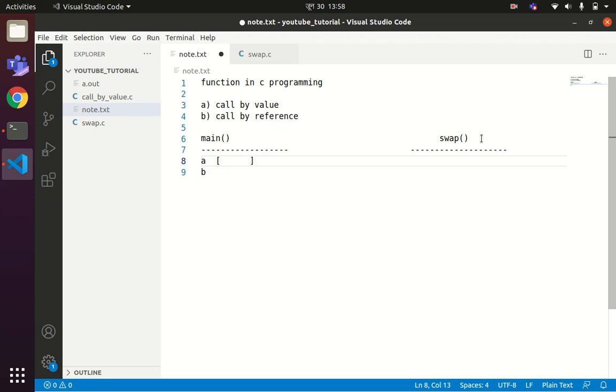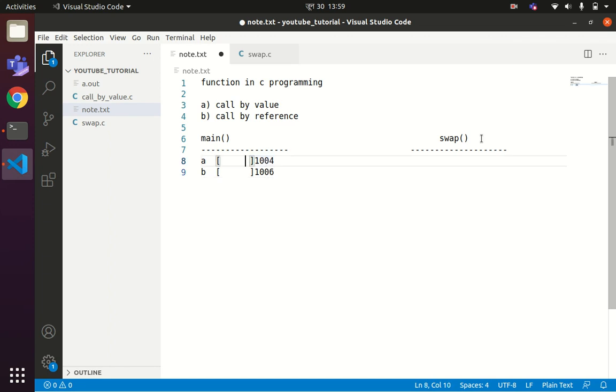Now we know that each allocated memory will have some address associated with it. Let us say the address of a is 1004, and another variable we have is b, and the address associated with variable b is suppose 1006.